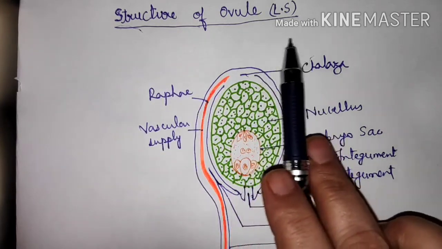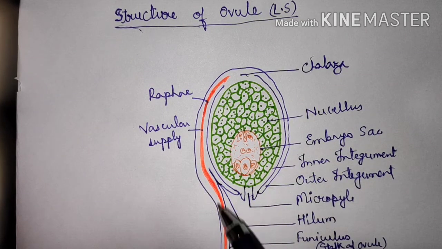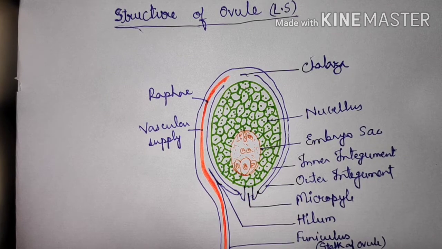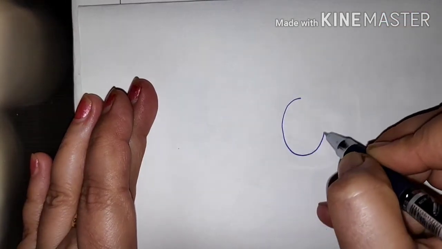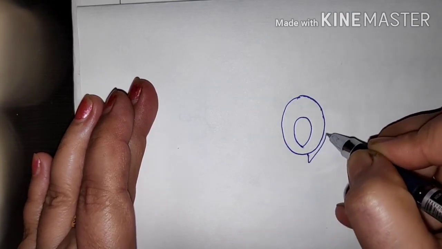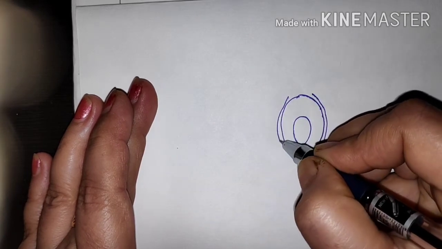Structure of ovule I have told you. This is longitudinal section, and the structure here is anatropous ovule. And why I have taken anatropous ovule is because it is the most commonly found ovule in the angiosperms, right? So for practice, again this is how you have to make. Practice के लिए अगर आपको जल्दी जल्दी बनाना है तो you can make it like one circle, second circle, one integument, another integument,